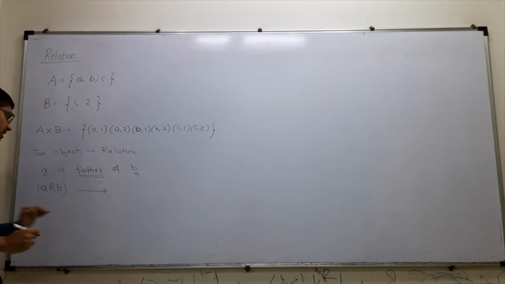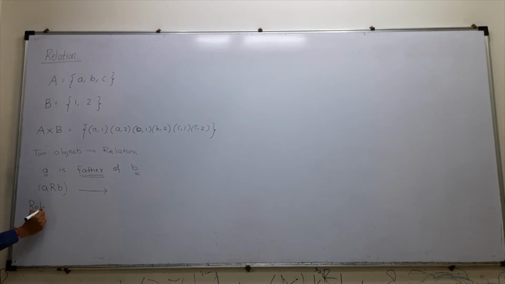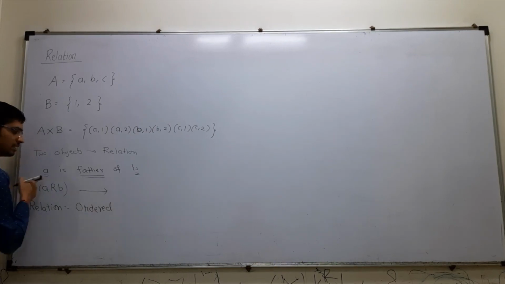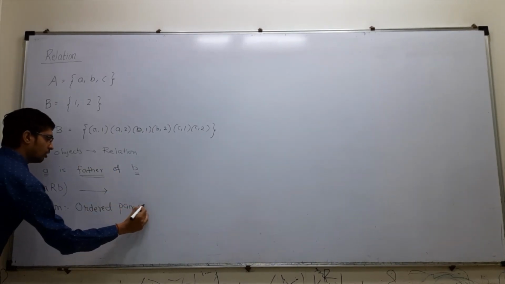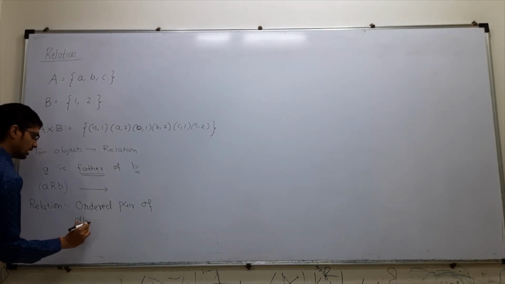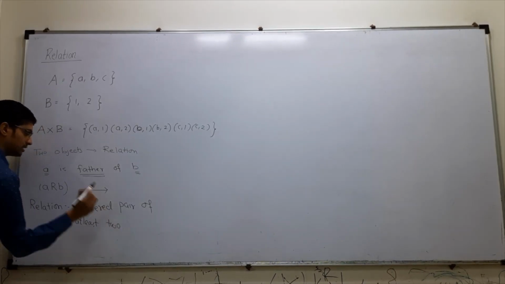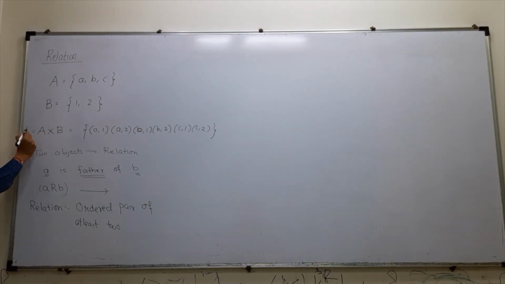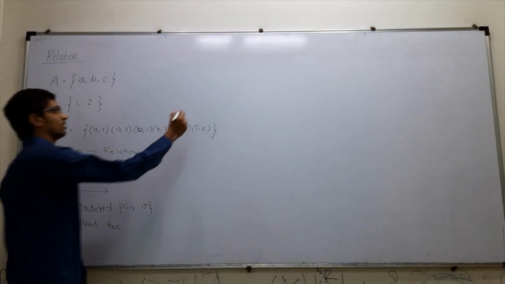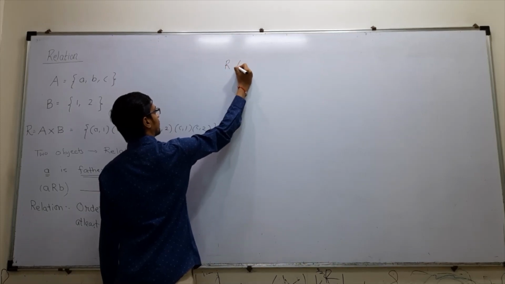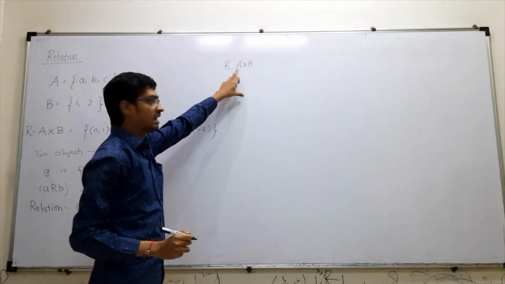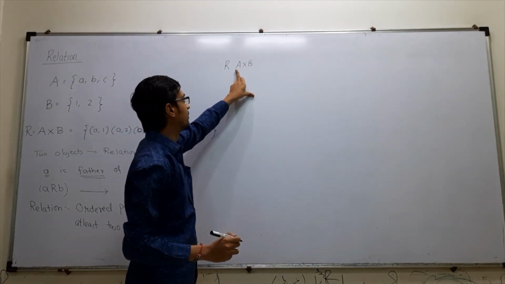So it is a unidirectional relation. Therefore, a relation is nothing but an ordered pair. Ordered pair means in one direction. Ordered pair of at least two objects. How many objects? At least two objects. So if I see here there are two objects, I can assume this as one of the relations, and it is denoted by capital R. So R is a set of relations. So I'll write R, the set of relations of A cross B. That is, a relation is formed if I multiply two sets A and B.